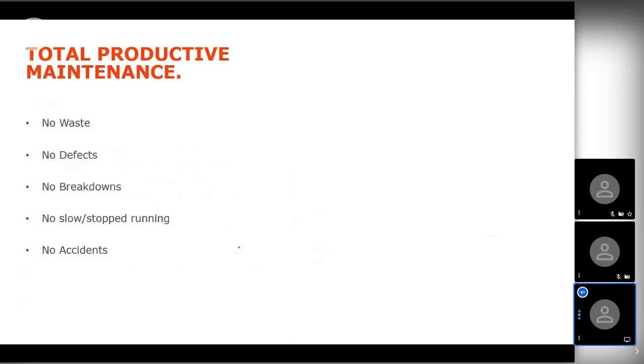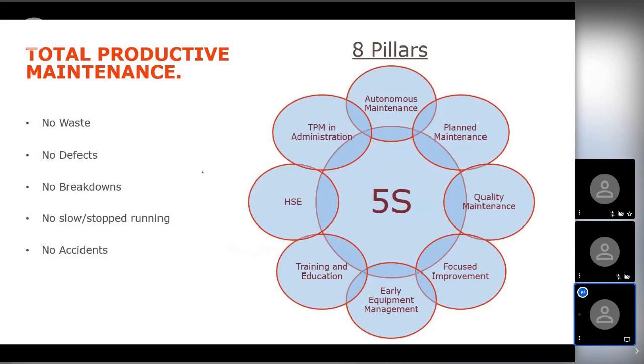Total productive maintenance, I mentioned this with my hierarchy earlier as well. Started mainly in Toyota in the 70s, when some of these thinkings were coming through. Total quality management was another one, is to have no waste, that lean manufacturing philosophy. And it's based on 8 pillars surrounding the 5S. So the 5S, which a lot of you may have heard about, sort, shine, all of those S words. And it's all about getting the workforce involved in making decisions, the ownership of the employee, focusing on training, management principles, understanding maintenance principles.